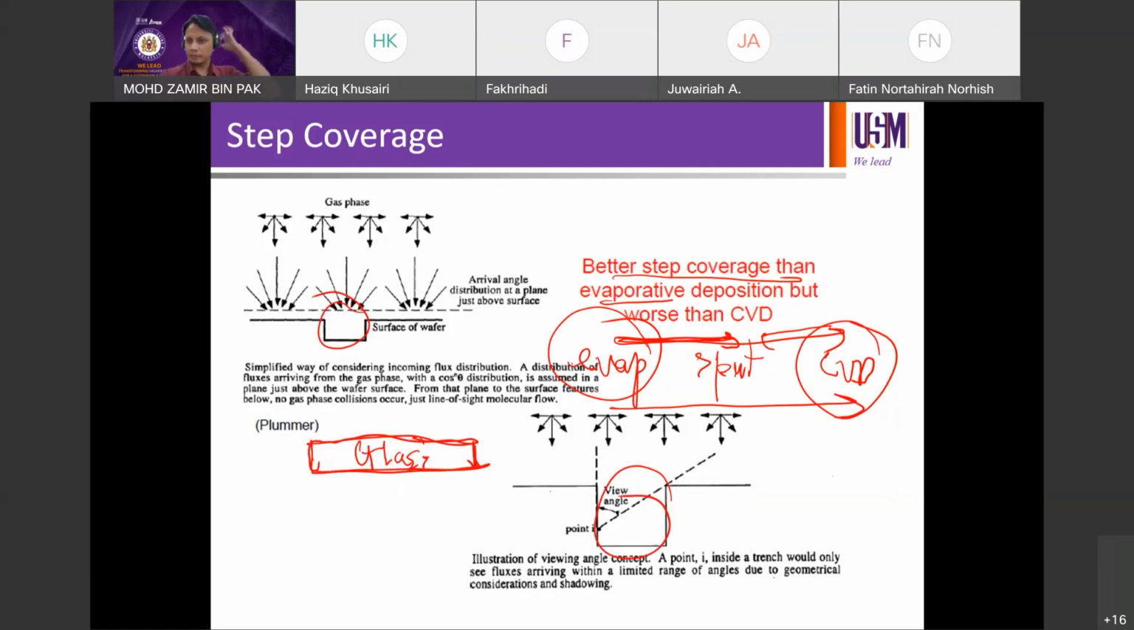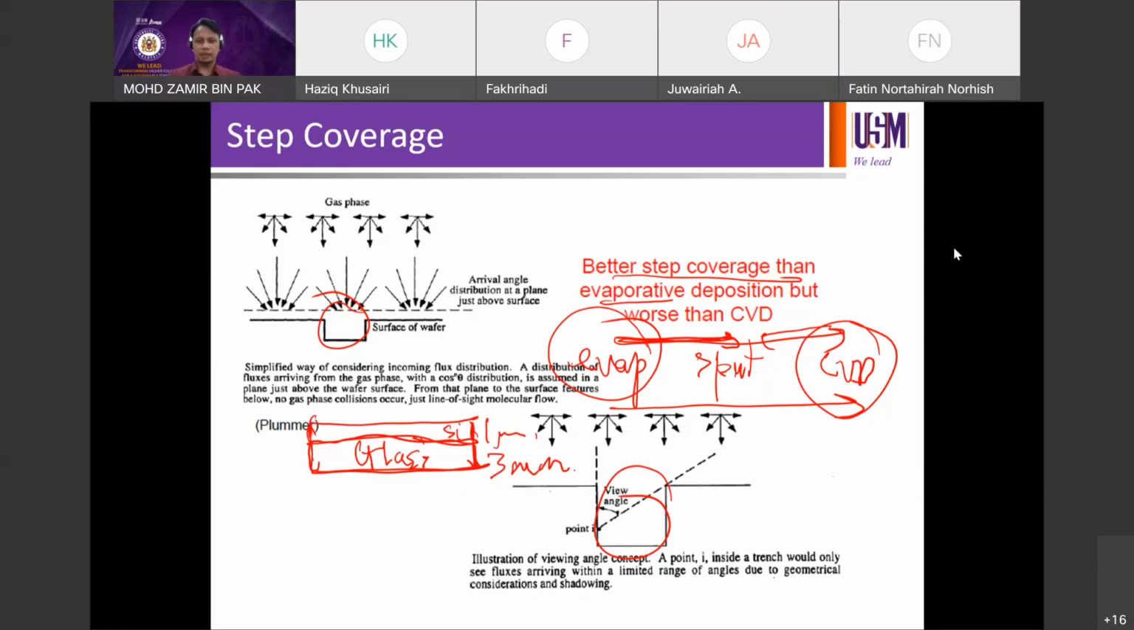Okay, glass substrate kosong, you want to sputter or deposit silicon, say 1 micron thickness, and your glass is perhaps 3 mm thickness. Okay, not to scale, tak ikut scale betul lah, 1 micron. So it may be easy to do that on